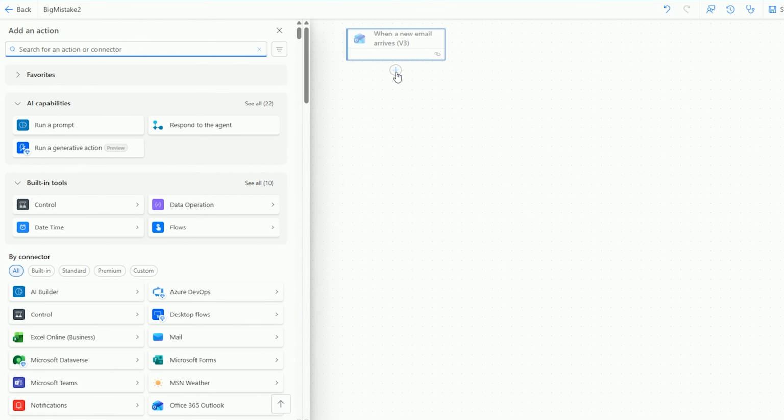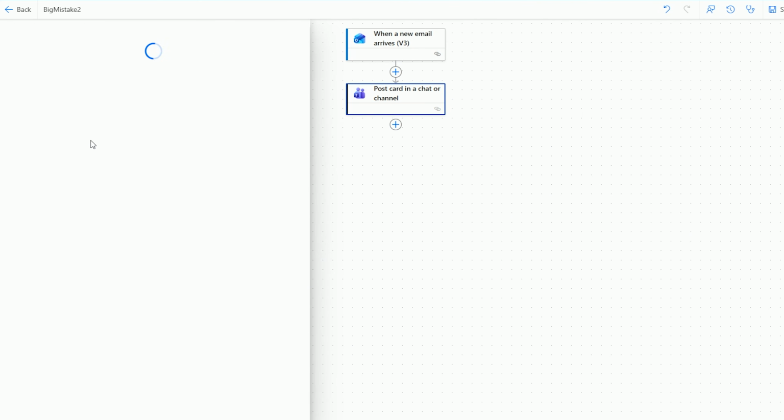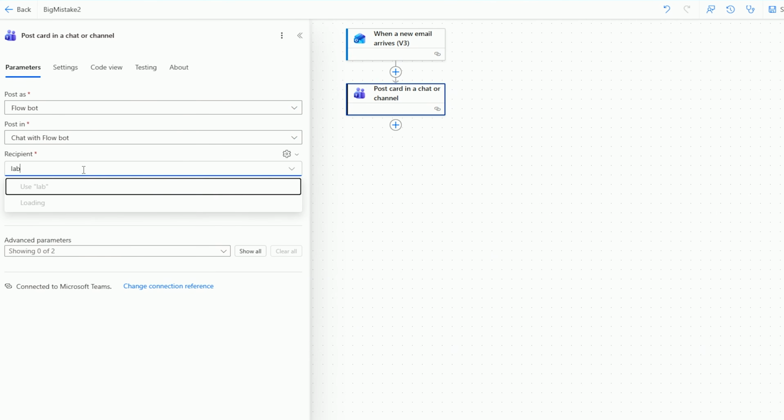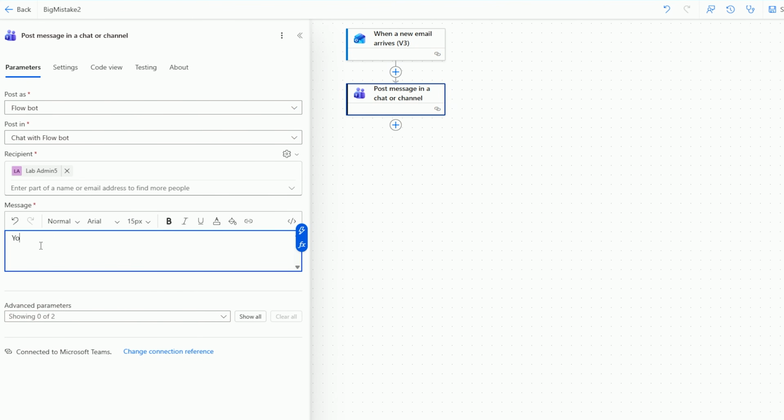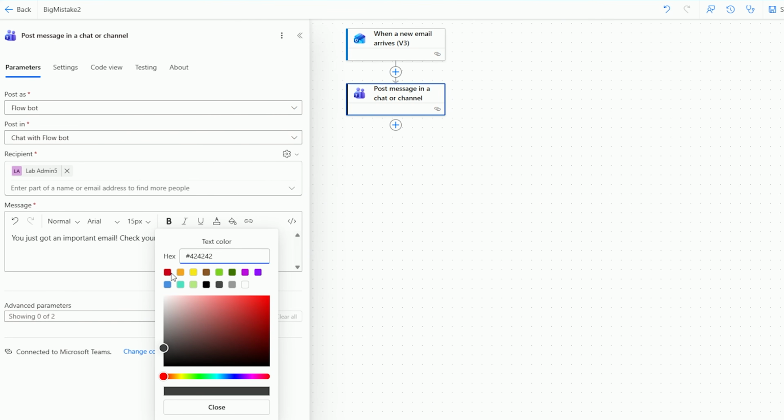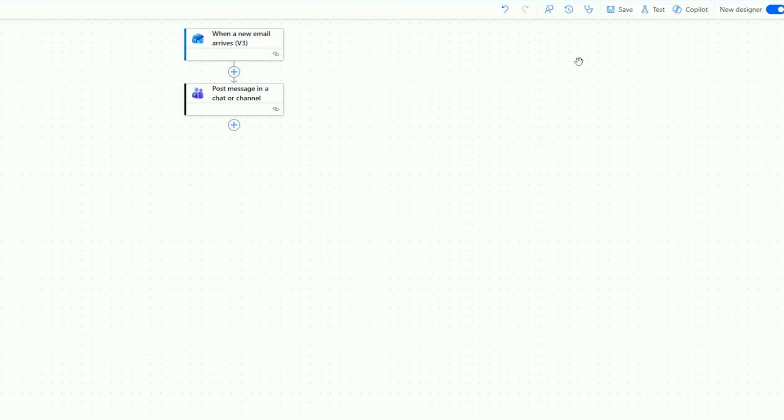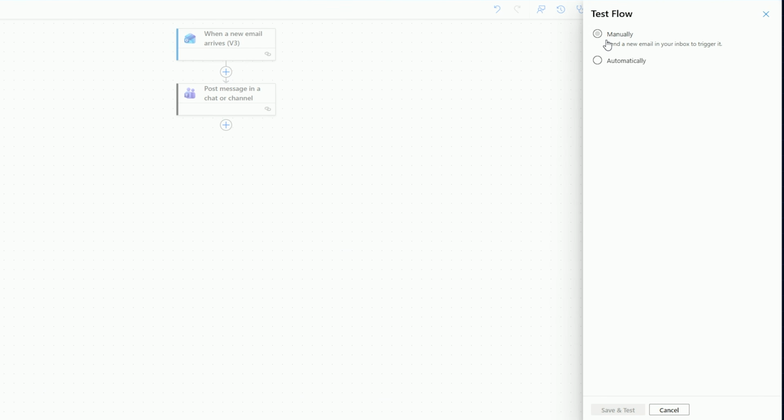Now I can simply add my action for Teams to post a message in a chat as the flow bot. Again, I'm just going to put myself as the recipient, obviously. And we could say something like, you just got an important email. Check your inbox, right? Something like that. If we wanted to be dramatic, I guess we could make it red to match that red exclamation point or something, right? Now, let's test this, where we have simplified it by leaving that importance filtering to the trigger